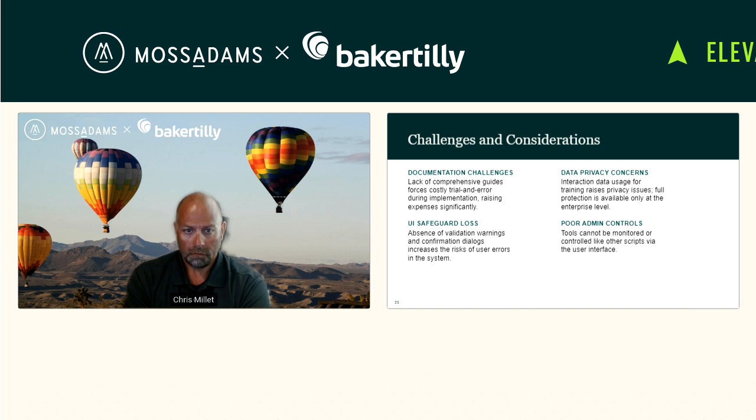There's a UI safeguard loss. Often when you're interacting with NetSuite, you can see things like the color of the interface that tells you that you're in sandbox or production, maybe. Or you can look up in the upper right and see what role you're in. Or you'll get a pop-up that will warn you that you shouldn't be doing this because we have a safeguard in place there. You're not going to get those cues when you're working in Claude, obviously. So something to be aware of. And we'll go into more depth on each one of these.